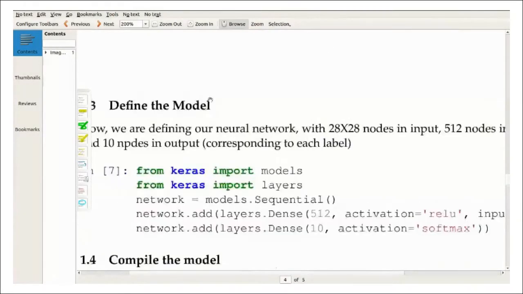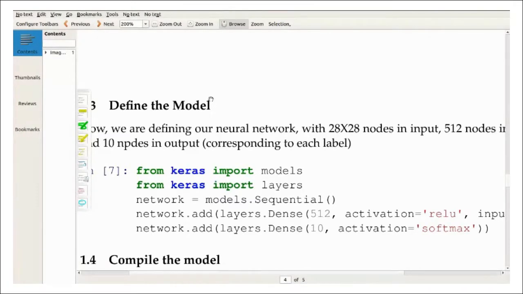Then you have to define the model. The next step is, in previous cases, you were just using functions from scikit-learn. You can simply use the available function. But here we are going to define our own neural network. If you have had a class on ANN, there are a lot of layers. This is a feed-forward network. We are just creating a simple feed-forward network with an input layer, then hidden layers, and finally an output layer.